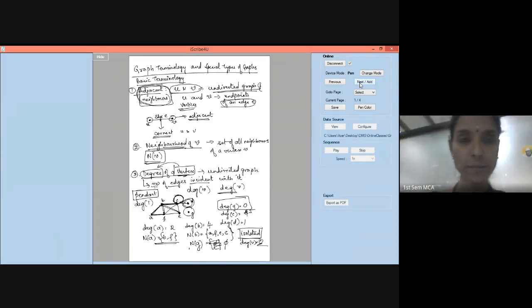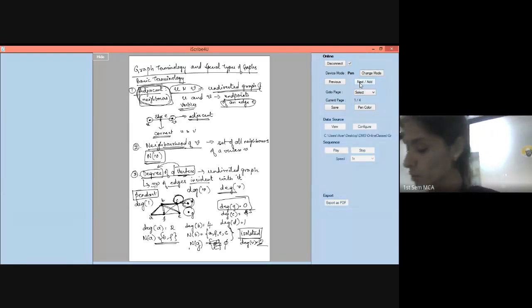Any doubt so far? We saw what is adjacent, neighborhood, degree, isolated, pendant. Please learn all these terminologies properly because we'll be using all of this in the problems going further. Today's class is only theory and definitions, because without this we can't move further. That's it. Okay, next we will take up